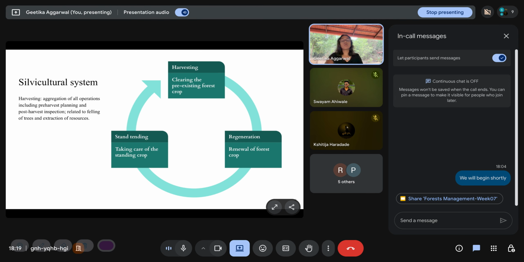Harvesting, if you want to go into the definition of it, is basically the sum of all of the operations from pre-harvest planning to post-harvest inspection, which are related to felling of the trees and extraction of the resources. So all of the operations that come